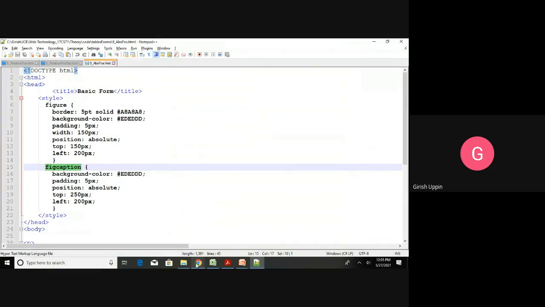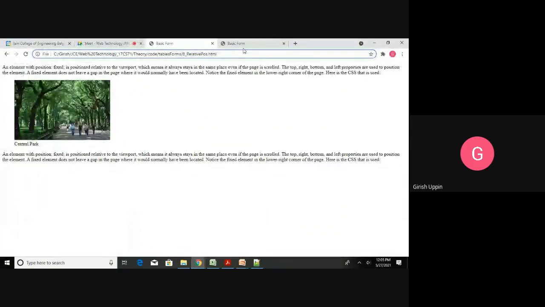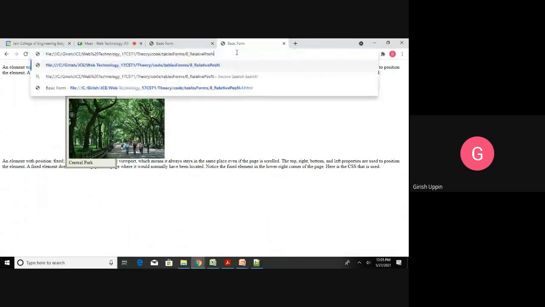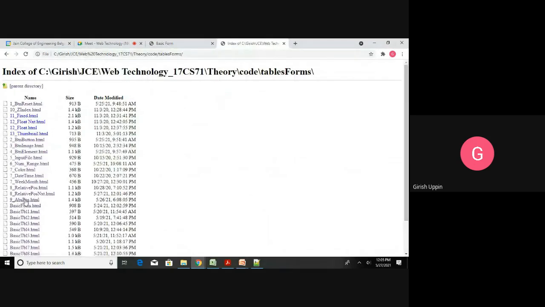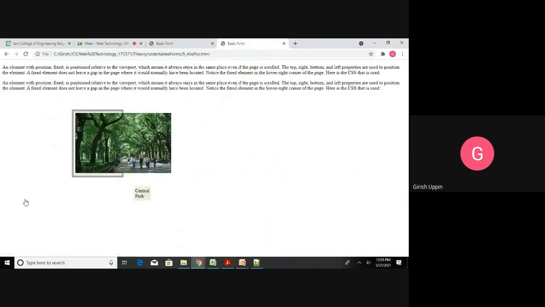I will load this page. This is absolute position. So you can see from this it has positioned itself.